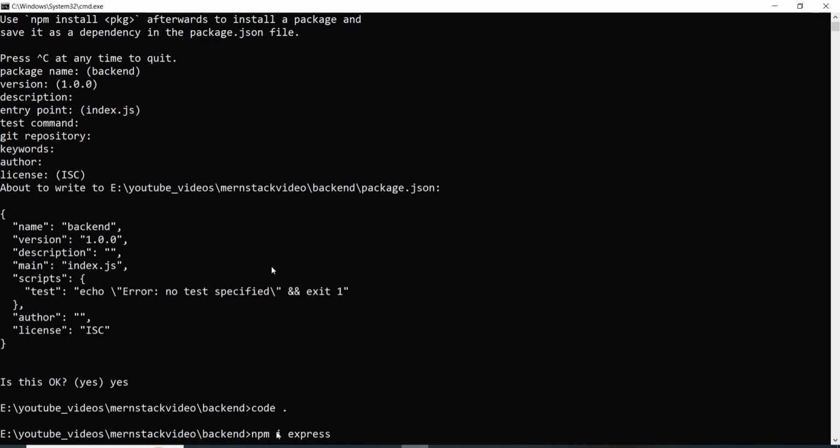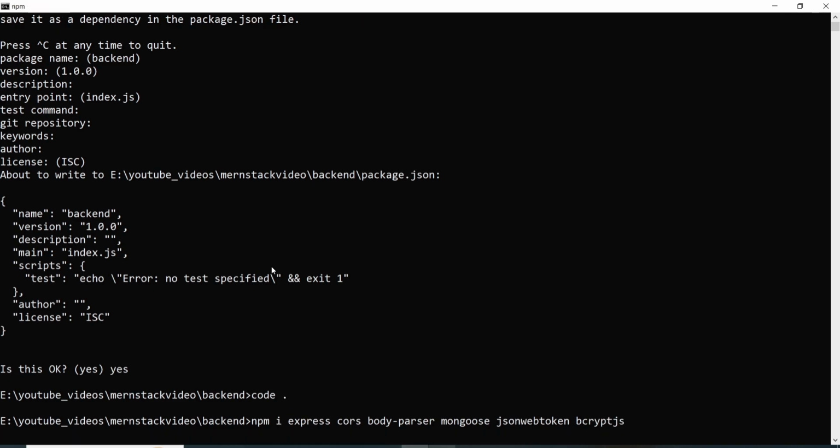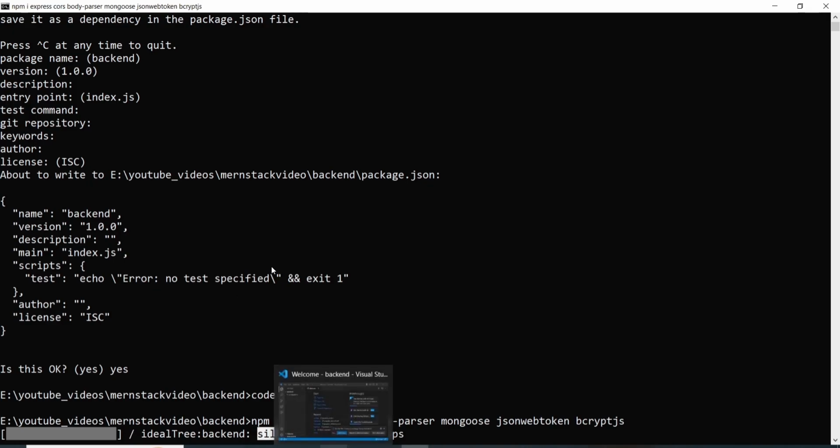We require express, cors, body-parser, and one more, mongoose, and moreover bcrypt.js. So meanwhile, during this installation, we'll go and set up our